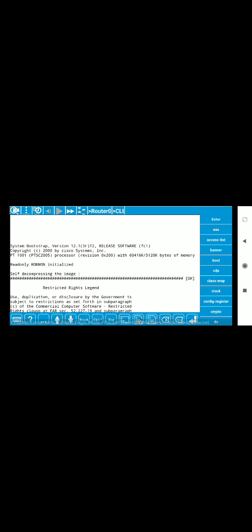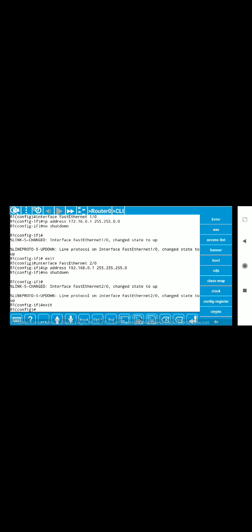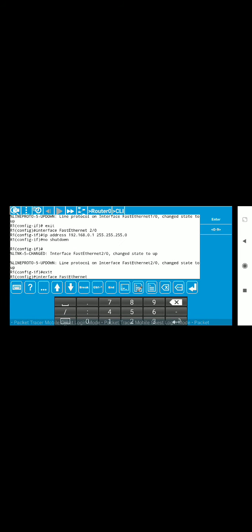For that again click on CLI, then write the command interface, click on FastEthernet, click on 0/0 because this is our interface name. Click on enter.